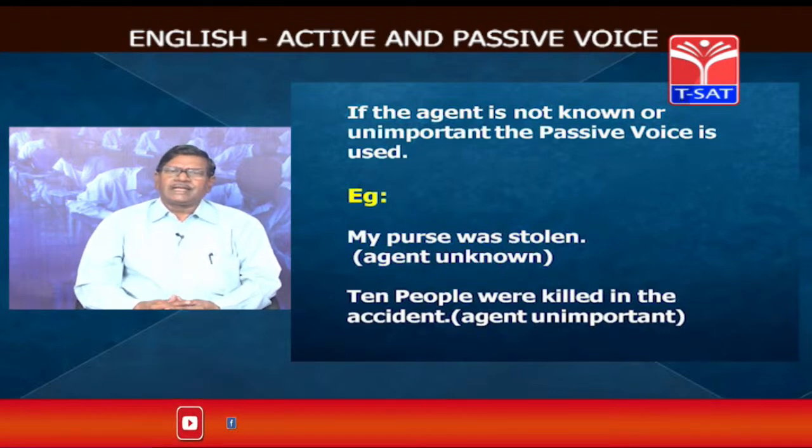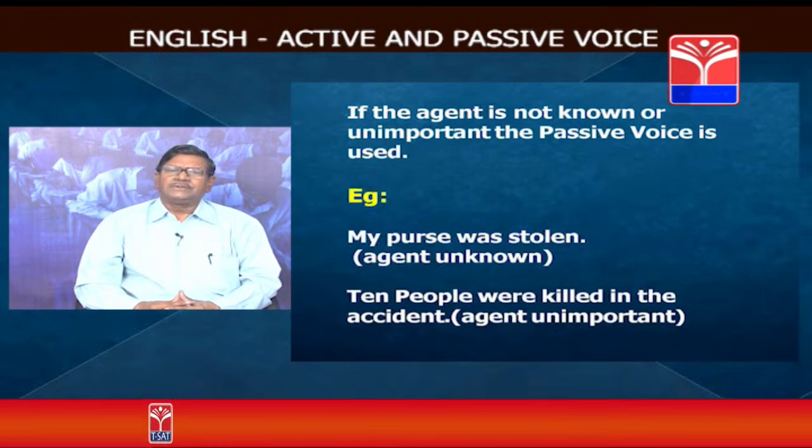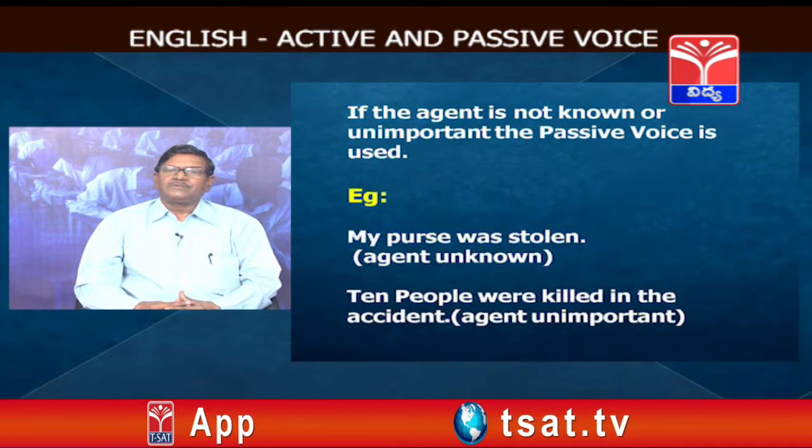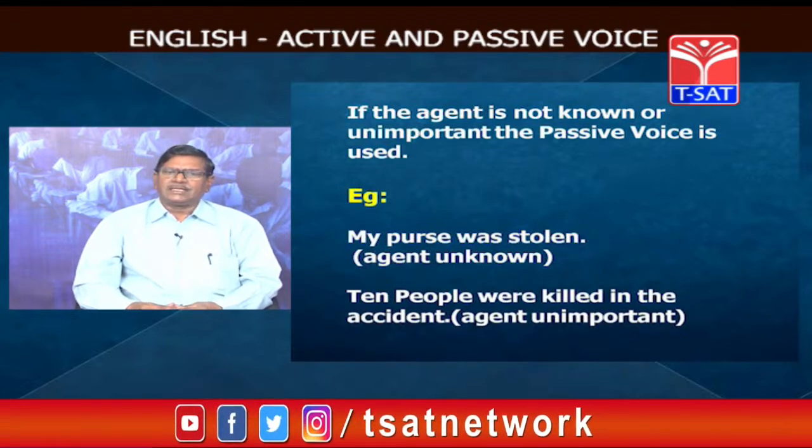Ten people were killed in the accident. Ten people were killed in that accident. So, how were they killed? Who is the agent? The subject is unimportant here. When the subject or the agent is not known as well as unimportant, we have to use